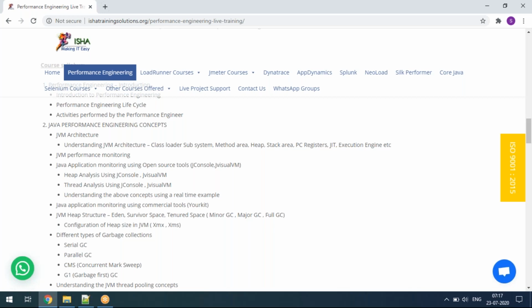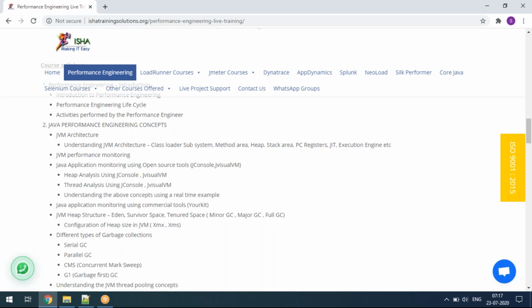Similarly, heap dump understanding, which is actually contributing a lot of memory. When there is a hang, when there is a crash, we are taking a heap dump. At that time, which object is actually contributing to this hanging or crashing. Like that, we are going to understand the heap dump analysis. So heap dump and thread dump, we are going to learn using the JConsole and JVisualVM utility tools.